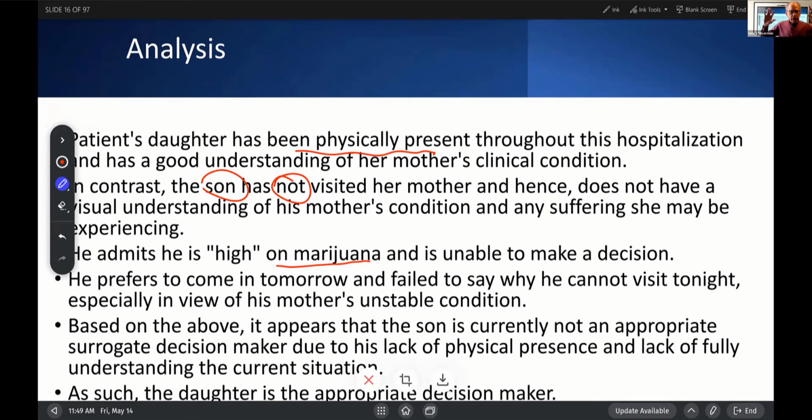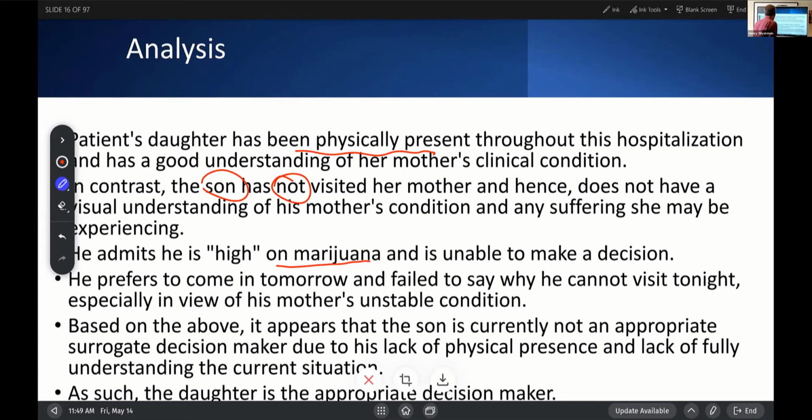Not that there's anything wrong with that, but one has to wonder whether he's taking all this in. And I was struck by the fact that he was waiting until the next day to come in to see his mother, and